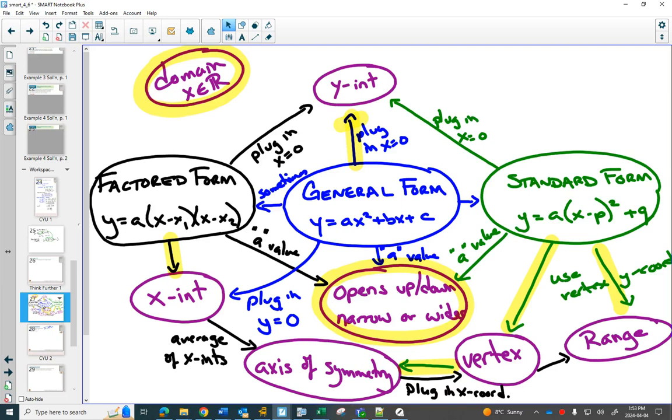How can you get to the vertex? You can either get to it through your standard form, and that looks like it's the shortest, but getting standard form sometimes takes some time. Or you can get through factored form, x-intercepts, axes of symmetry to vertex, which seems maybe a little bit long. But what we're going to do on this question,